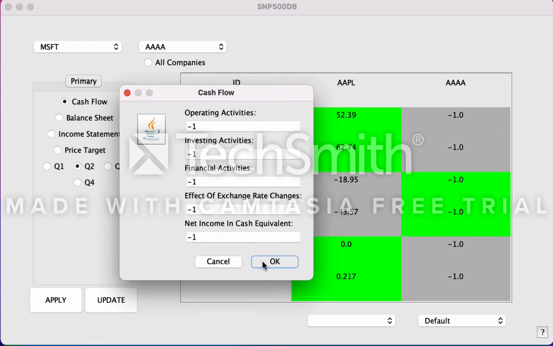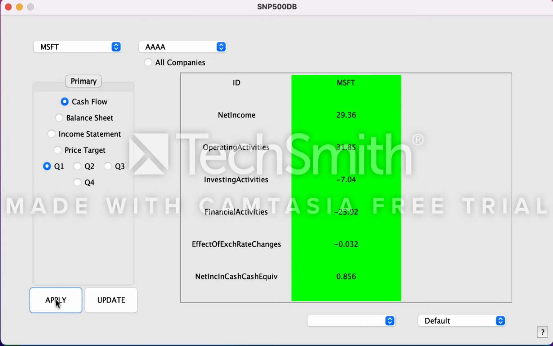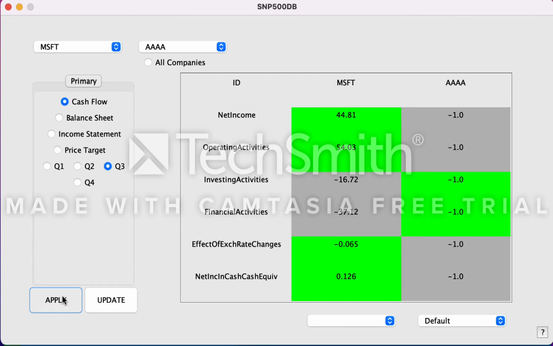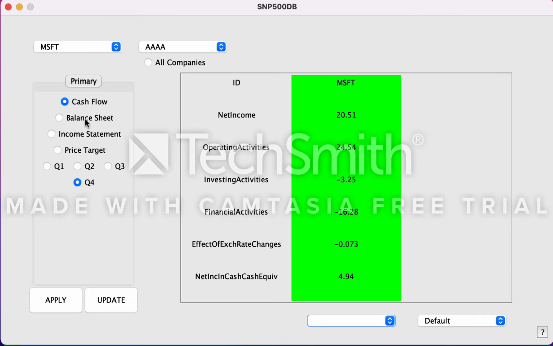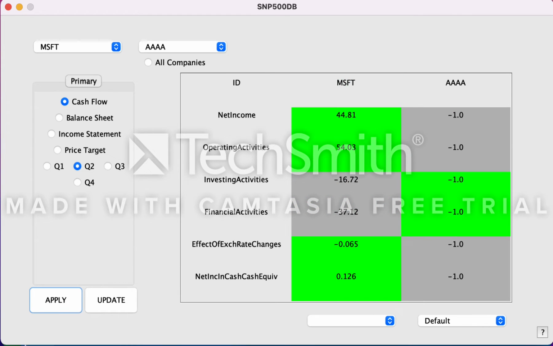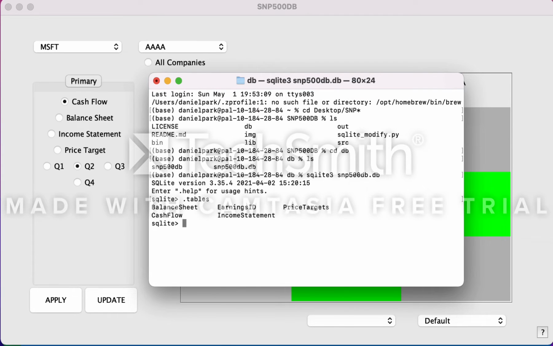If I just change it into all of this, you'll see that once we query Microsoft, okay, and as you can see, if I log on to the database, here are the tables that we use: balance sheet, earnings ID, price targets, cash flow, income statement, and